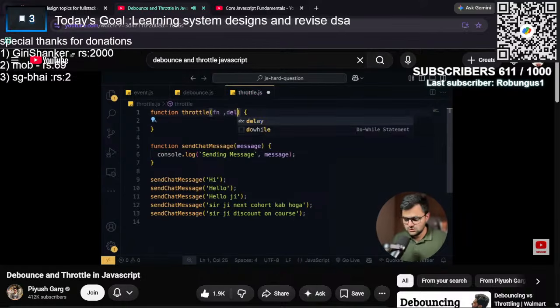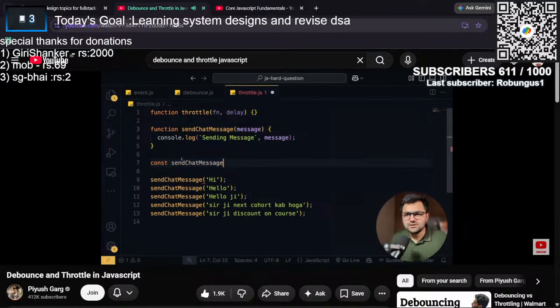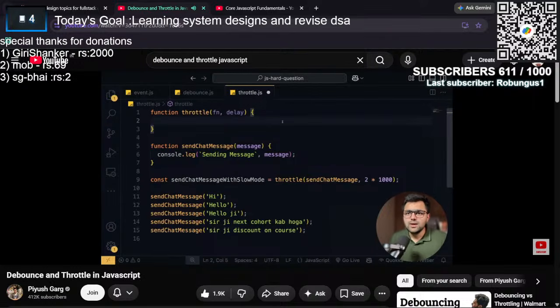तो ठीक है, एक काम करते हैं, थ्रॉटल बना लो, थ्रॉटल, हाँ, फंक्शन दो, डिले दो, सेम। डिले क्या होता है, डिले दो भाई मेरे को। तो हम क्या करेंगे, हम यहाँ पर बेसिकली फंक्शन बनाएँगे, सेंड चैट मैसेज विद स्लो मोड, है ना। तो बेसिकली ये थ्रॉटल्ड वर्जन होगा इस पर्टिकुलर फंक्शन का, और हमने 1 सेकंड का टाइम, या फिर हमने क्या किया, 1000 को 2 से मल्टीप्लाई कर दो, तो ये 2 सेकंड बन जाएगा, ठीक है। तो 2 सेकंड के टाइम पे आप 2 सेकंड में एक ही मैसेज सेंड कर सकते हो। आई बात समझ,